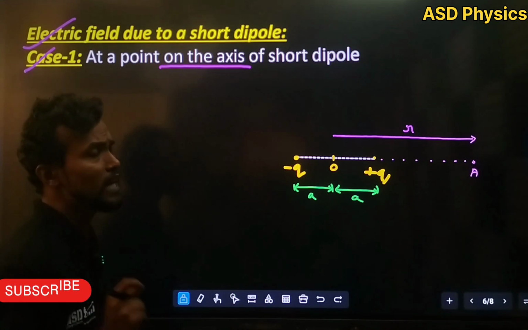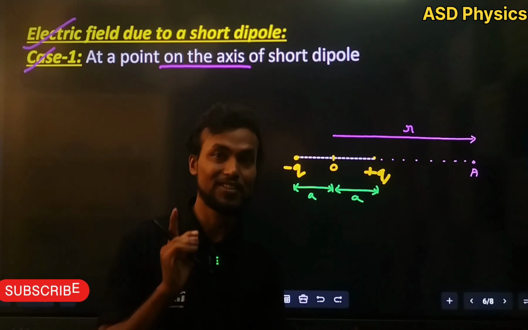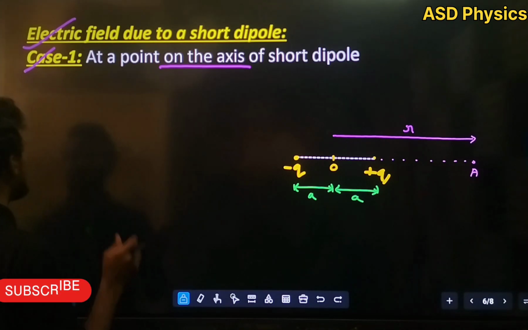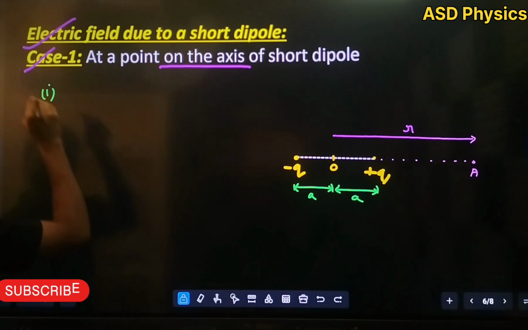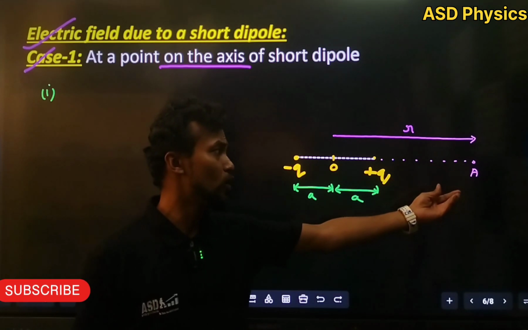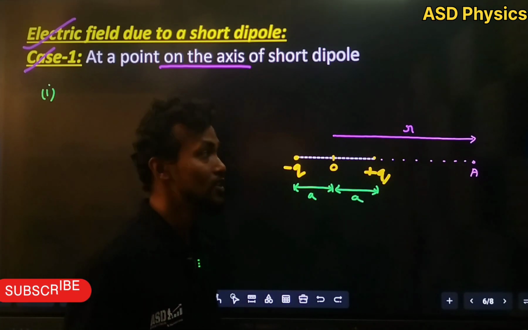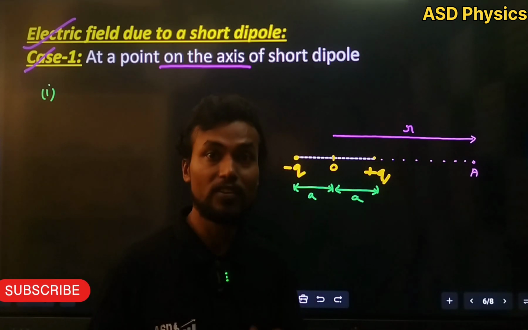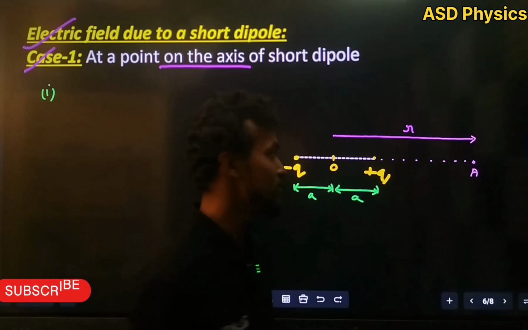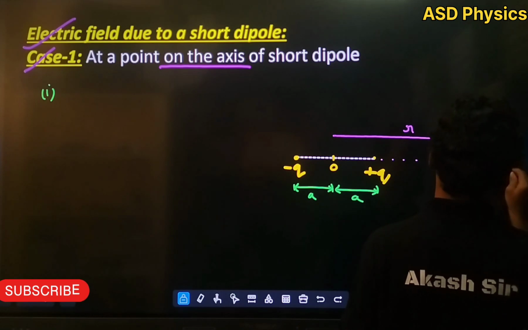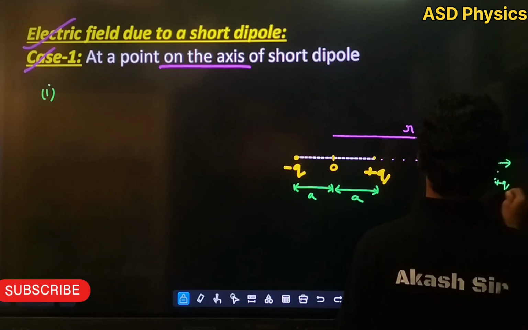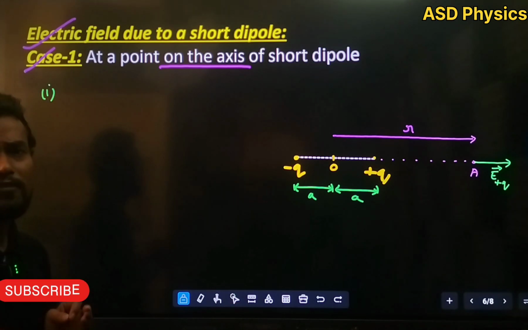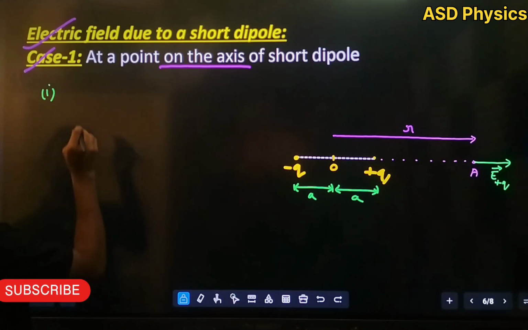So now the electric field at point A will be due to how many charges? Two charges, one due to minus Q charge and one due to plus Q charge. Now if we see one by one, first the electric field at point A due to plus Q charge. The plus Q charge is near to the observation point, so the electric field will be stronger, and in which direction? Away from the positive charge. That means like this here, we can write E plus Q. So the electric field at point A due to plus Q charge is given by